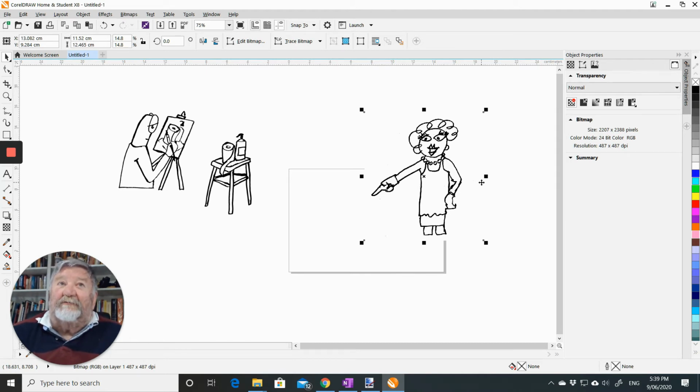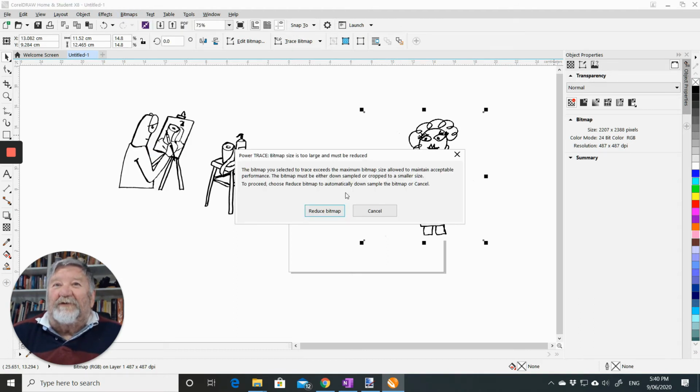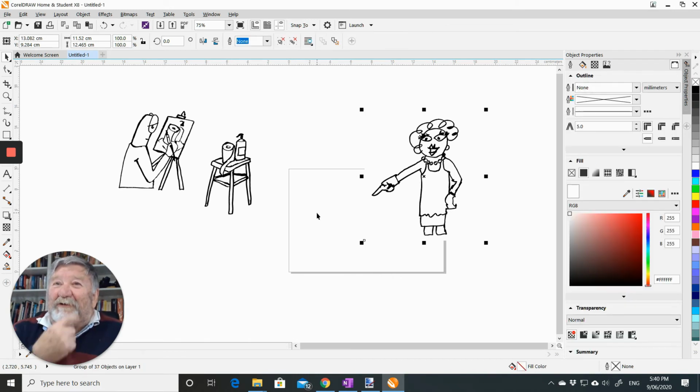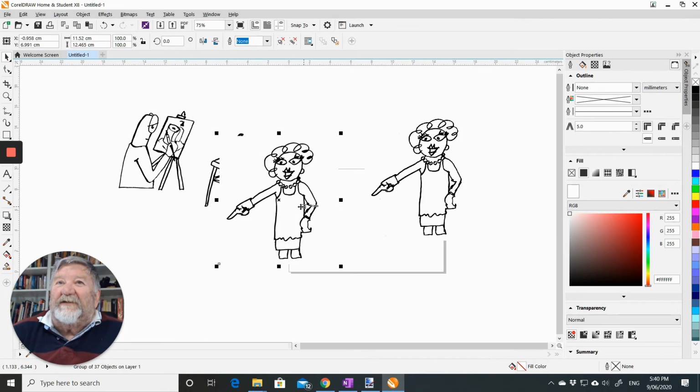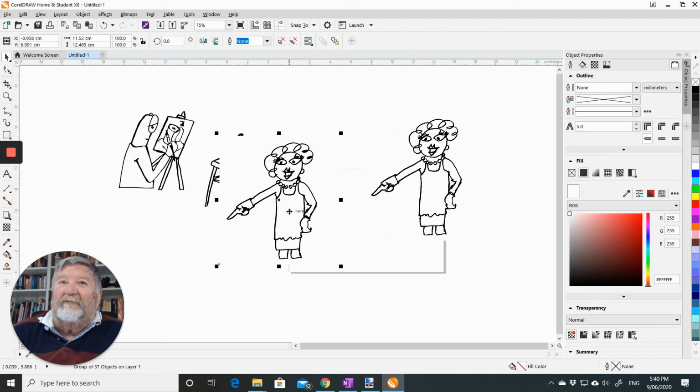CorelDraw has a terrific tracing capability, and I'll just do that now. It's called Quick Trace, and it's going to tell me it wants the bitmap smaller, which every illustrator and cartoonist knows. You draw it bigger, and when they print it a bit smaller, the line work looks a lot healthier than when I drew it. So now what it's done is it's taken the original bitmap, which is this one, and it's created some line work